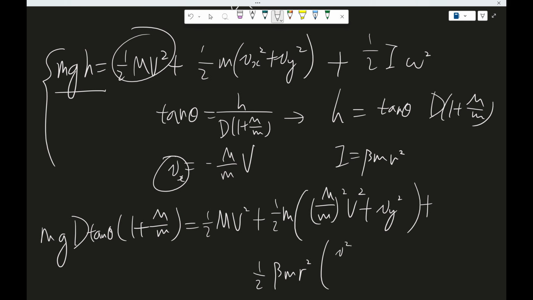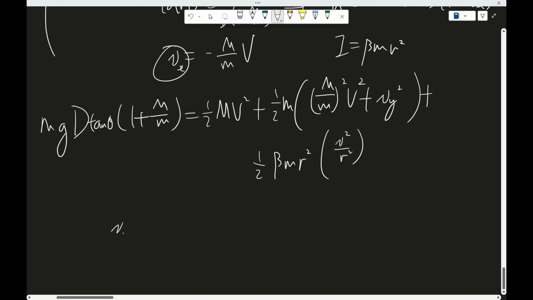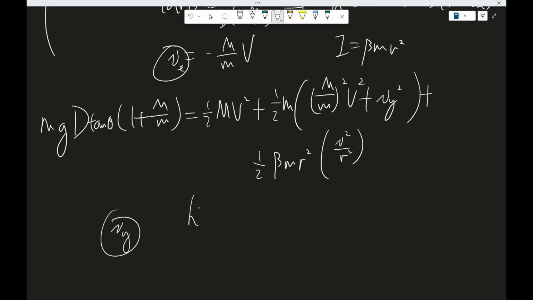So again, V squared over R squared. And then next, what can we do? Well, let's think about Vy. What can we say about Vy? Previously we said h is the vertical position of the ball of mass. So then we can relate Vy and h through this relation,